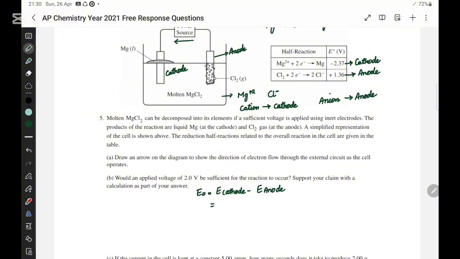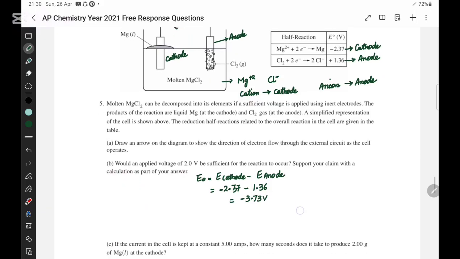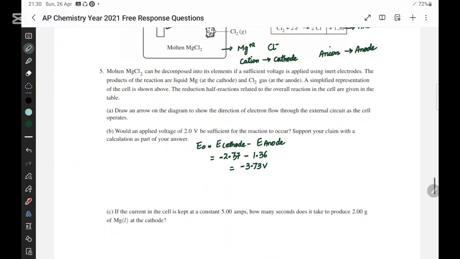So E cathode is minus 2.37 minus the anode, 1.36, and the answer comes out to be minus 3.73 volts. And you can see that your answer is going to be no. Why no? Because